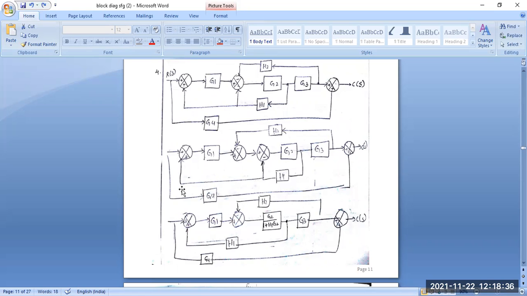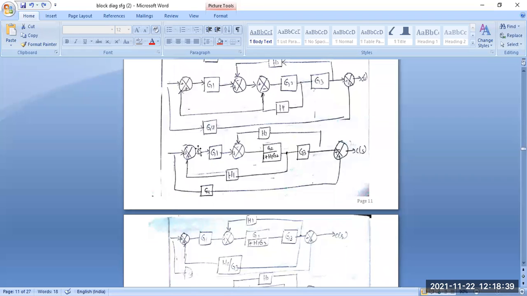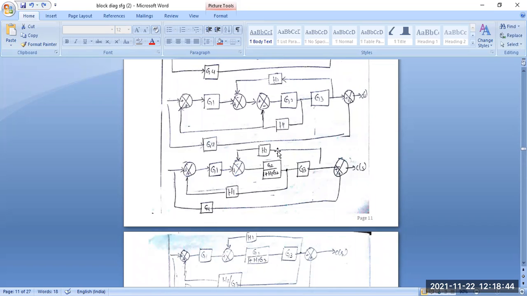So in this point, the next step you have to see here also. These are the same thing. Those that are the same we draw here, but in that case only this changes: G2 by 1 plus H1 G2, because we have to know that when any feedback loop is greater than the unity factor, the equation is G by 1 plus GH. That means in that case G is the block G2, that is G2 by 1 plus G2 H1. Is it clear, all of you?